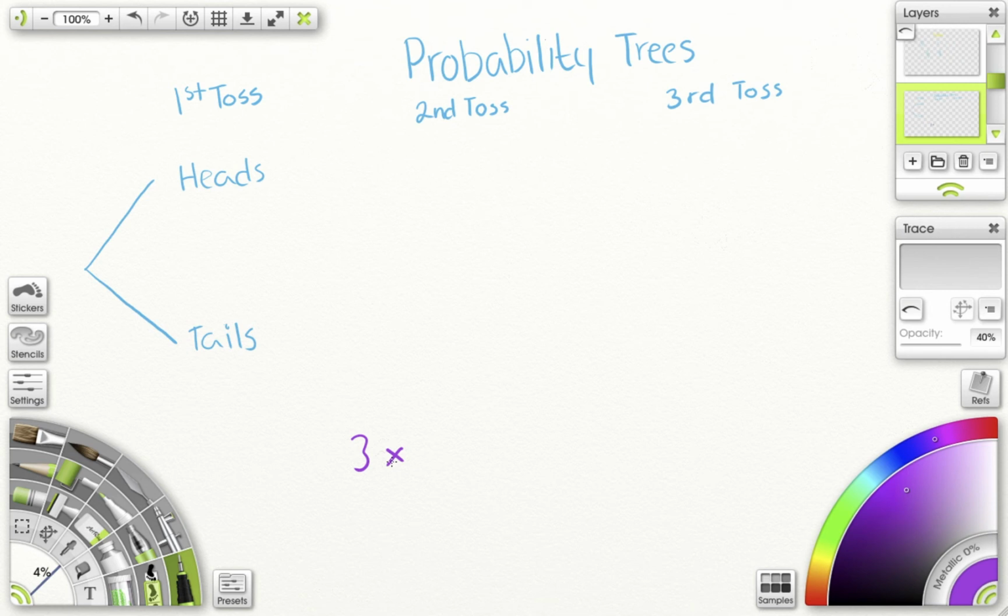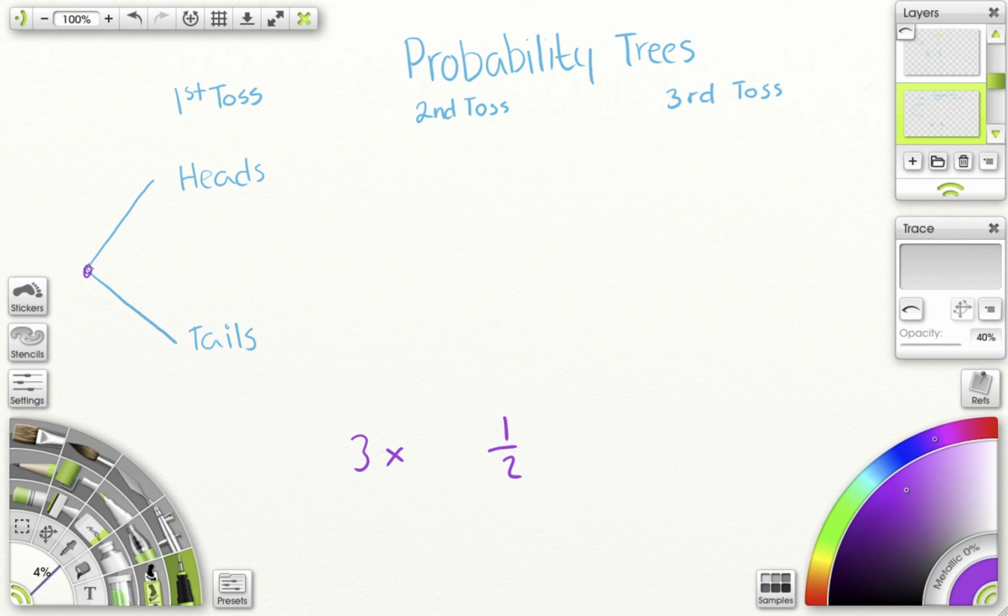Now, on the face of it, that might seem like I have a pretty good chance of winning because every time I toss a coin, I have a 1 in 2 chance of landing on heads. First toss, I have a 50-50 chance. Second toss, I have a 50-50 chance. Third toss, I have a 50-50 chance. So if I toss it 3 times and all 3 land on heads, shouldn't it be a 1 out of 2 chance of me winning? Let's see.